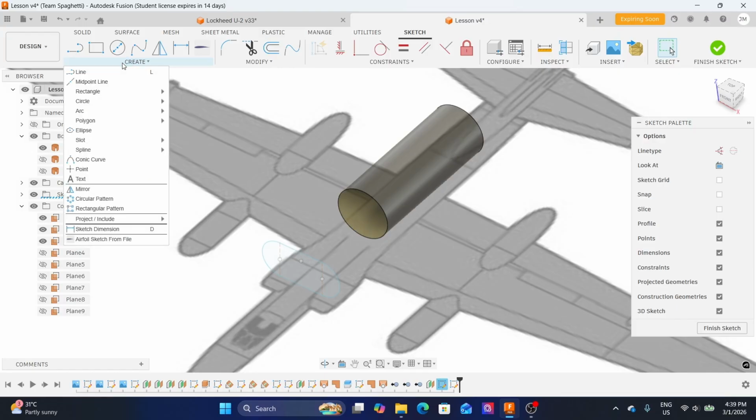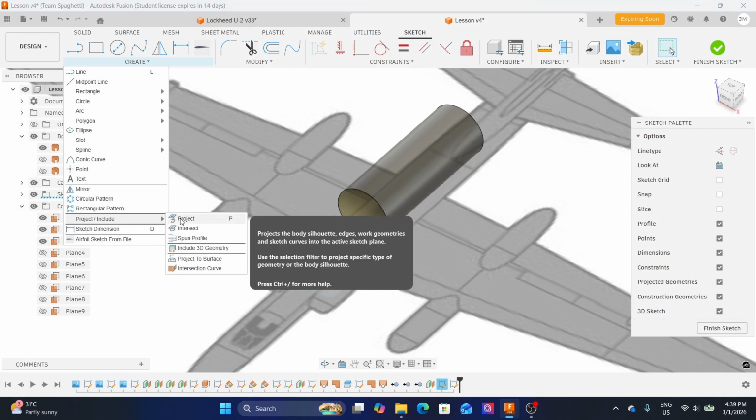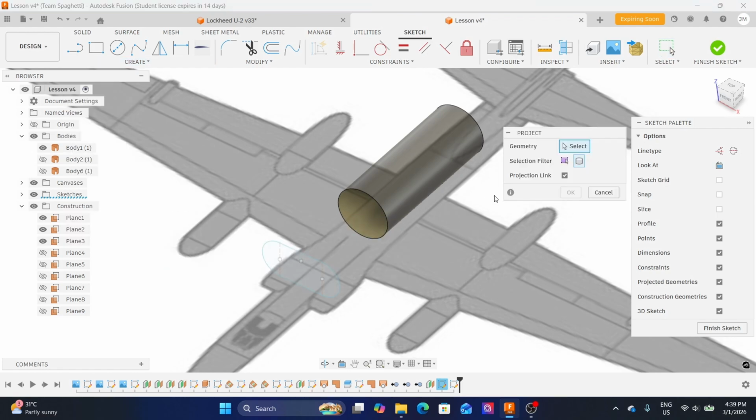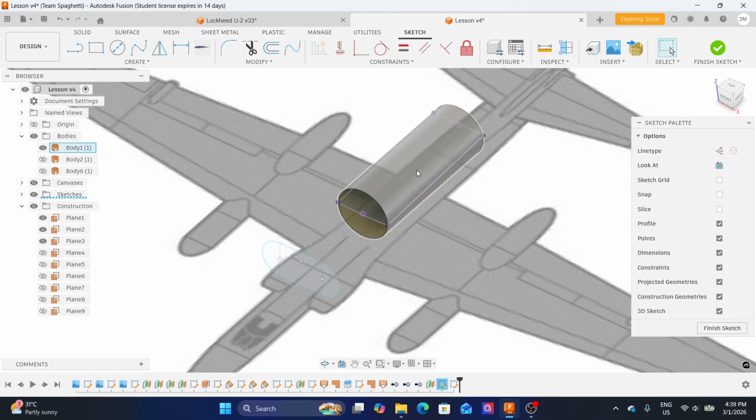So this is going to be the first body, and then press P on your keyboard, or here under the create tab, project, and then project here, and then the selection filter should be selected as bodies. That's okay, and then we'll select this body right here. Press OK once done. There we have it. I don't need the body again, so I'll just hide it. Then I'll just clean this up,